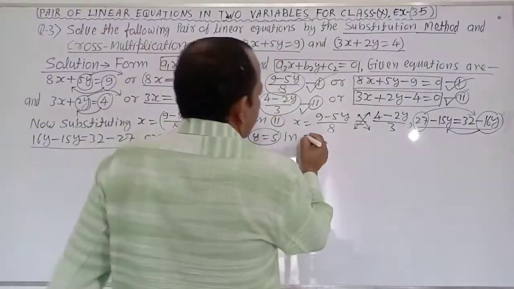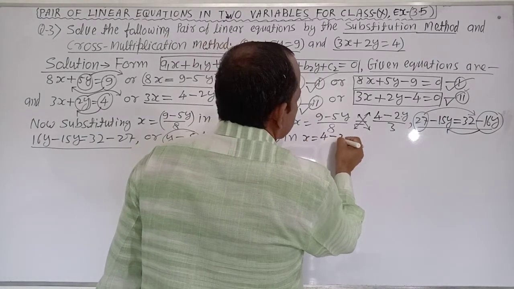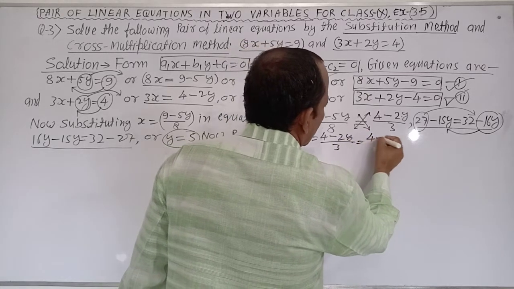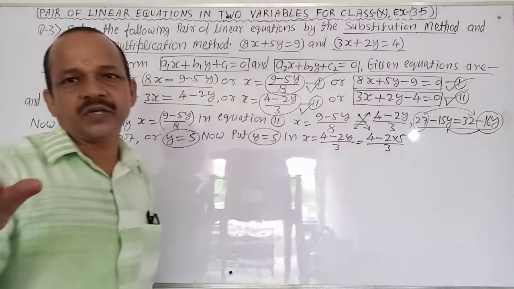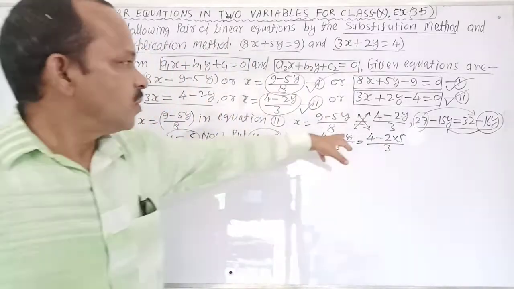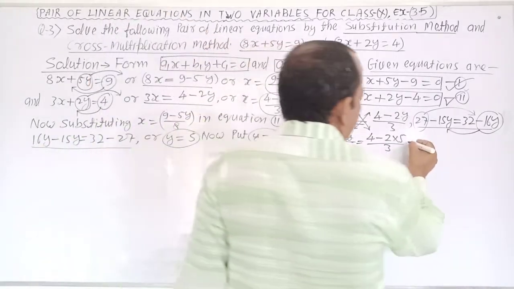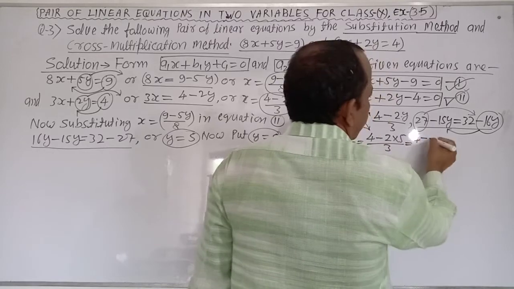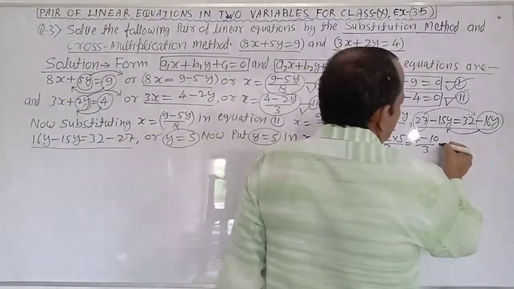Here in x equal to 4 minus 2y by 3, equal to 4 minus 2 multiply 5 by 3. Here y equal to 5. It becomes 4 minus 10 by 3, you subtract it,